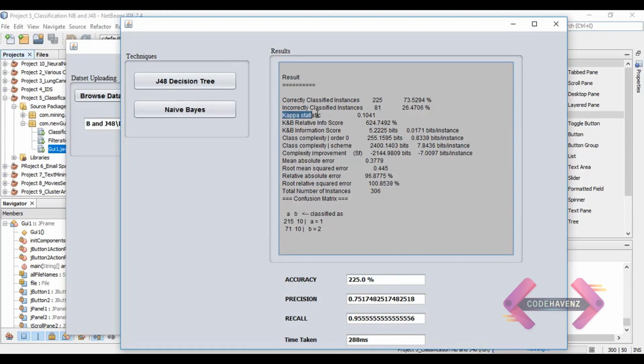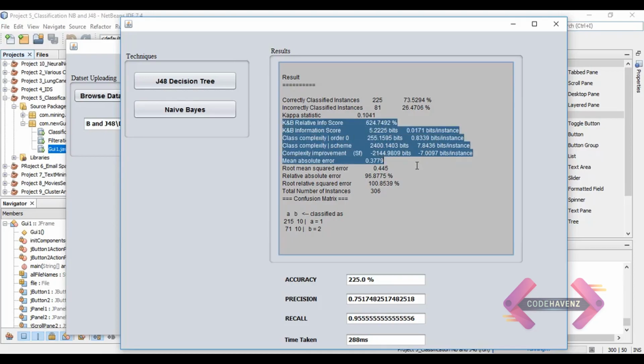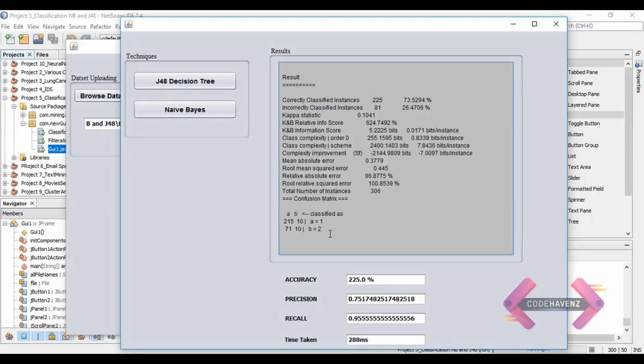After that, kappa statistics are shown. Kappa statistics tell us how well the algorithm has performed. Here we have shown some of the complexity factors and some of the error rates. And then here I have shown the confusion matrix.